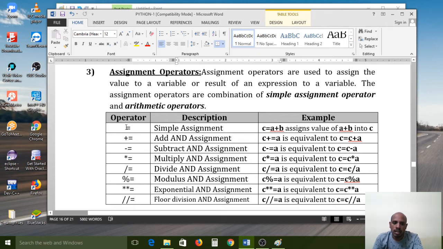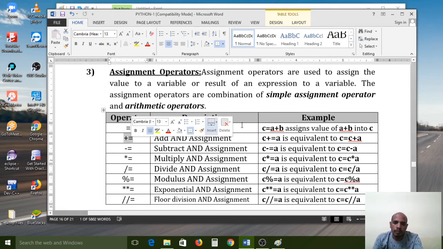All are a combination of the equal to symbol. The simple assignment operator is nothing but the equal to symbol, and the arithmetic operators are plus, minus, multiplication, division, modulus, exponential, and floor division. That is the meaning of assignment operators.